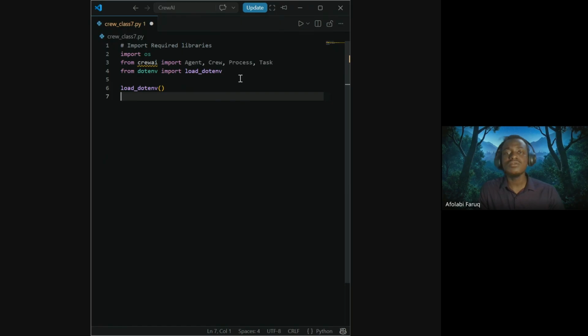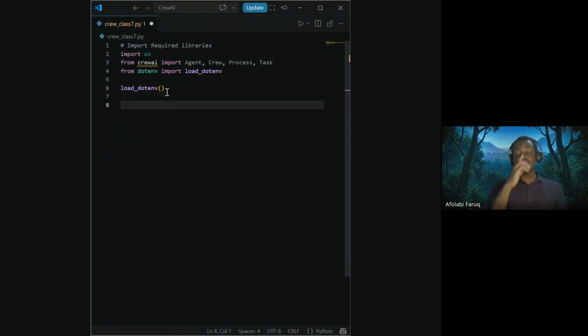And also, you're going to load the environment variables from the .env file. So then we go ahead to define the model we are going to be using. Okay, let's not forget that.